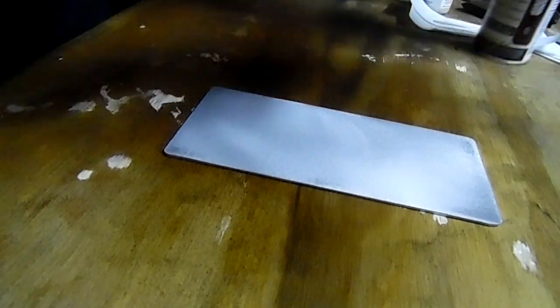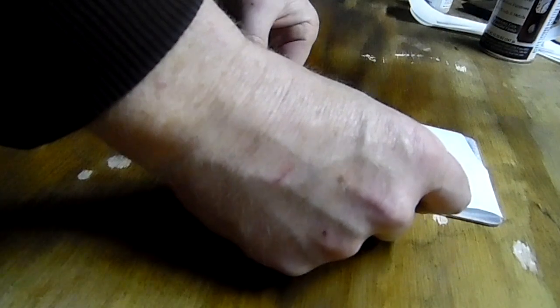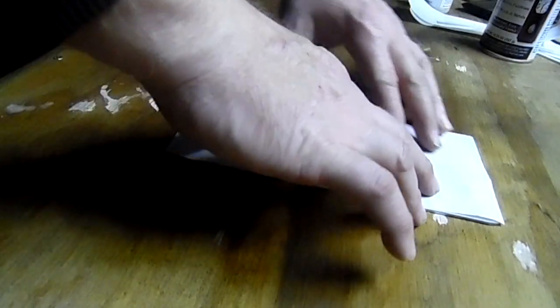So we're just going to hit this with a couple quick coats of lacquer, and then almost immediately apply our graphic. So just give it a couple light coats. I'll set this down there, you can see. Let it dry for just a second. Sometimes just blow on it a little bit. You want it to be still tacky, but not wet. Get that lined up and lay it down,